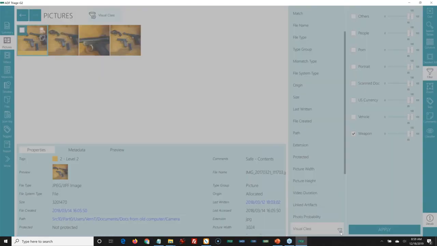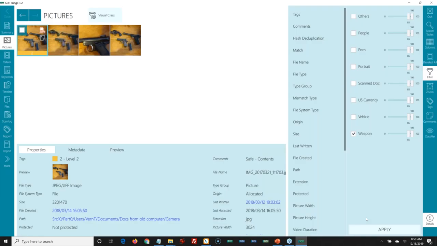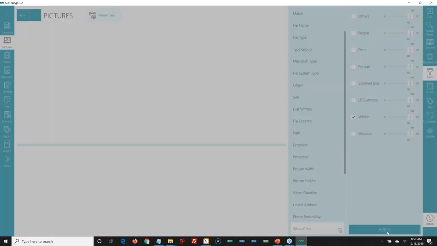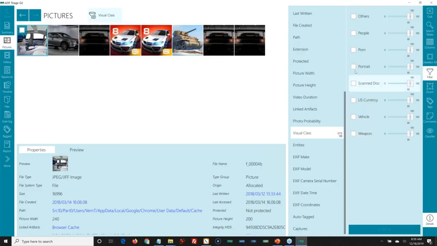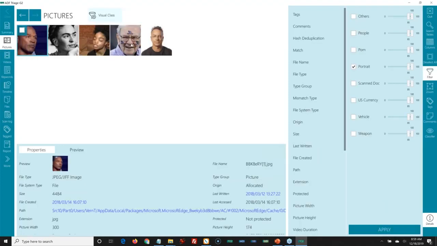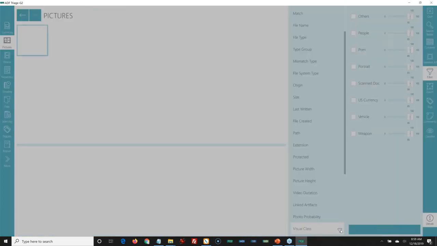So those filters are easily turned on and turned off. I did weapons again. Vehicle, apply. So now I have pictures of vehicles. Portrait, here's one that may be, you know, your intelligence: who's been on this computer, who am I looking for? Awesome stuff right there. Turn off the filter, visual class.